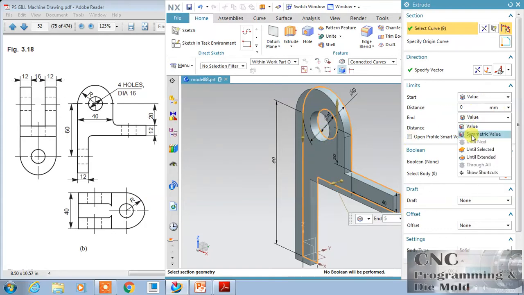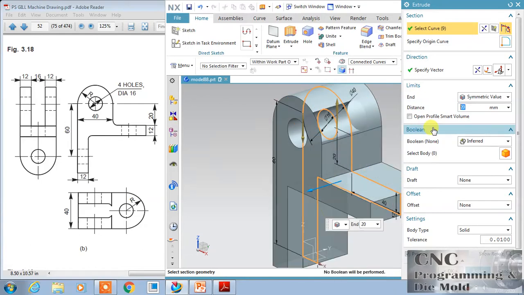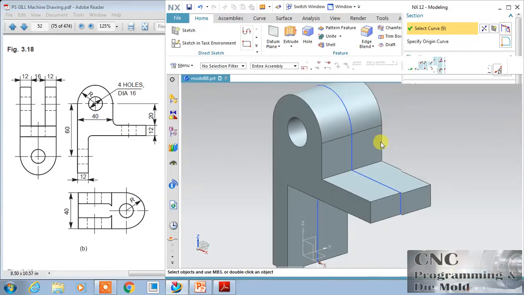And change this value to symmetric, and this time we will take 12 plus 12 plus 16, and type 20, 20, 20, the 40. 16 plus 24 is 40, and click OK.